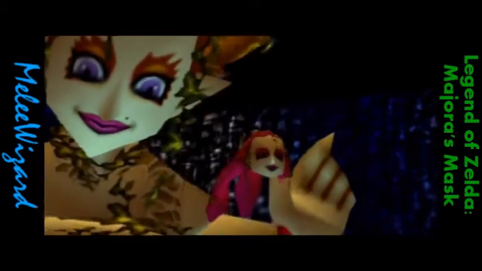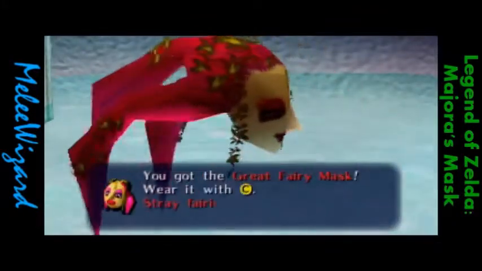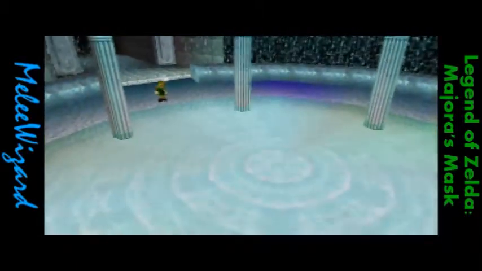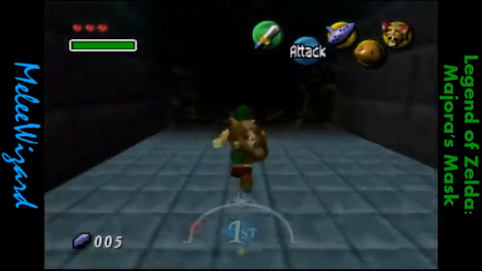Yep, a Great Fairies Mask. When in an area with stray fairies, the hair on the mask will glow, and they will also attract them. So if they're just loose somewhere, then they'll come right to you. Definitely saves you some time and effort. Okay. So now that I've got that,